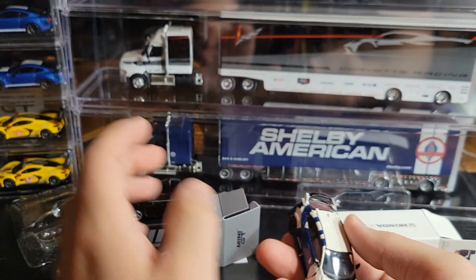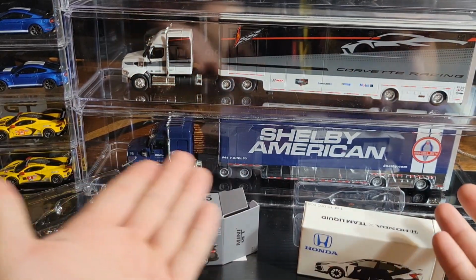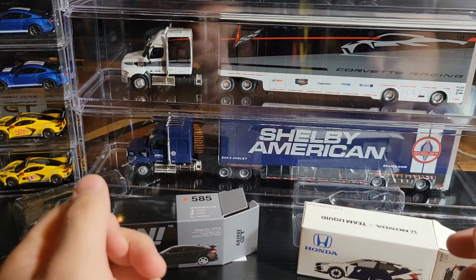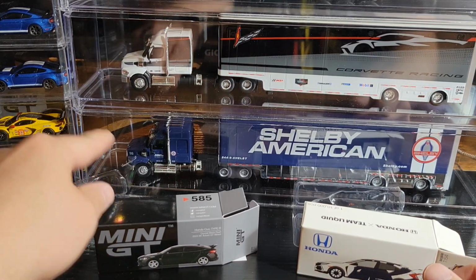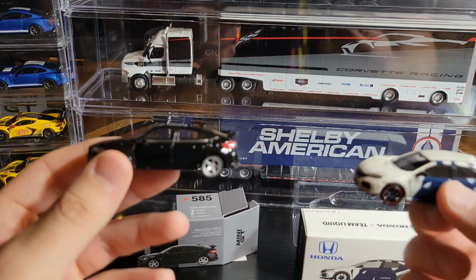So let me know what you guys think. Let me know what you guys think of the setup with the rigs in the background. I think it's pretty cool. Finally got some display cases to display them. I know these are kind of flopped, but yeah, let me know what you guys think about these Honda Civics,